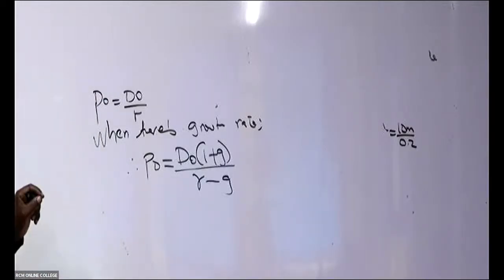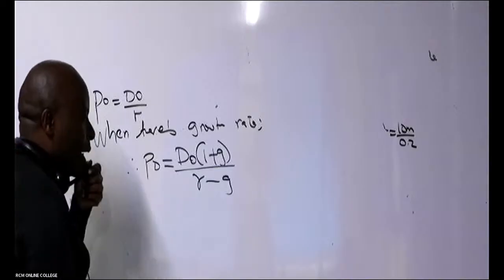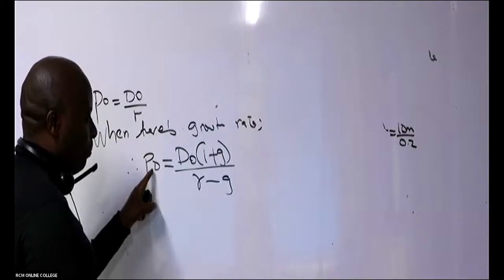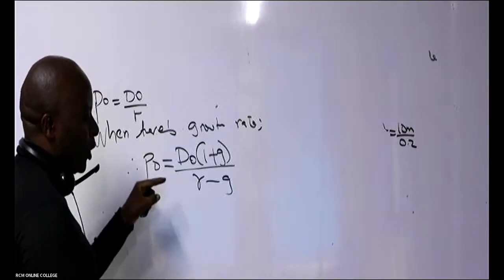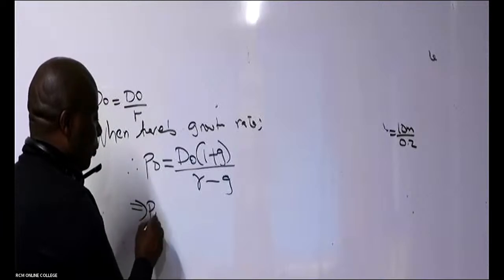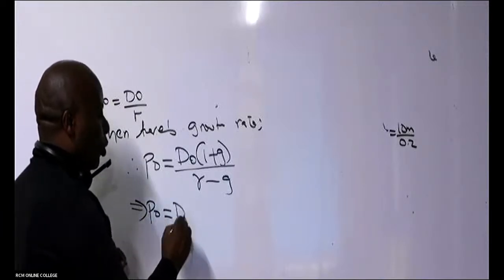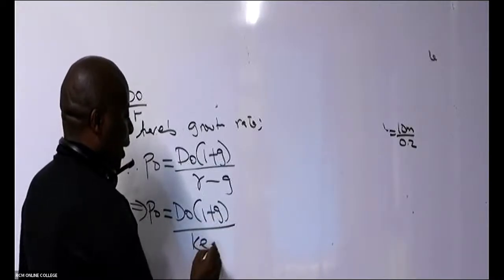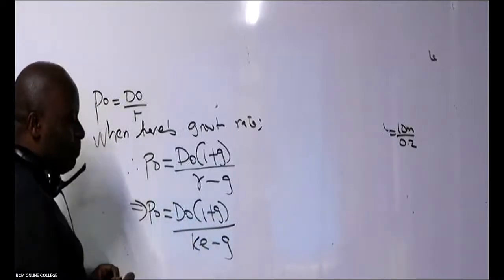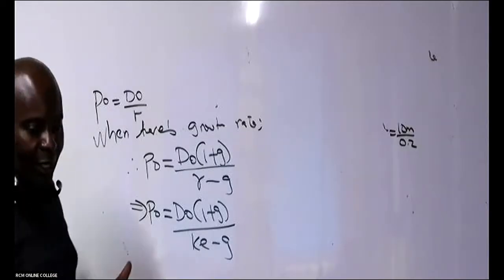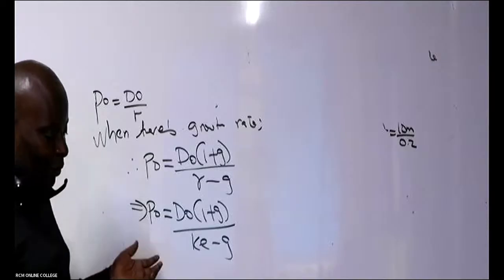But now, ladies and gentlemen, remember I'm valuing equity, which belongs to equity holders. So at the end of the day, this is how this formula will look: P0 equals D0 into 1 plus g, all over Ke minus g. Ke without g. If you remember very well, for the students who are in Kenya here,